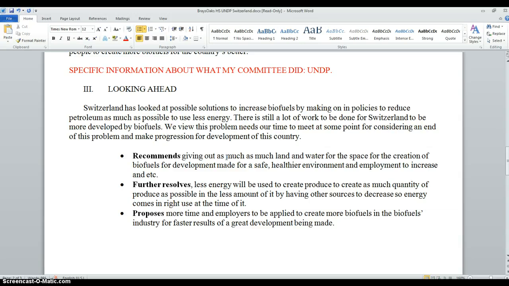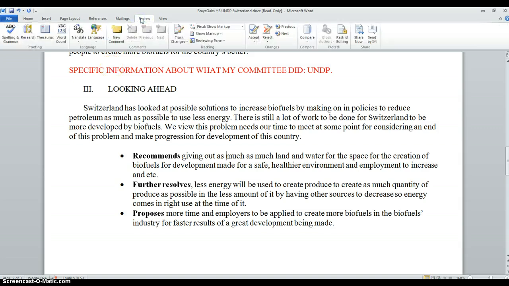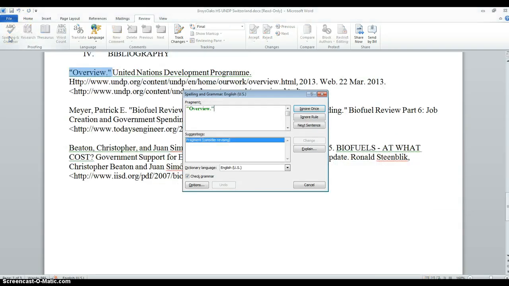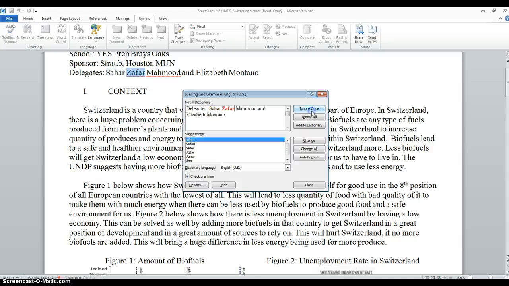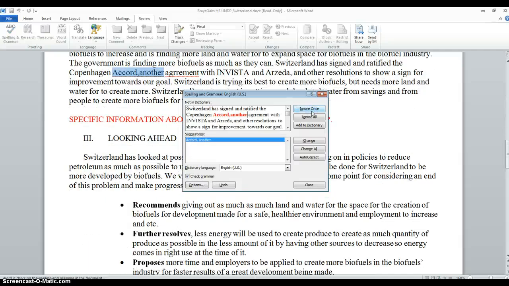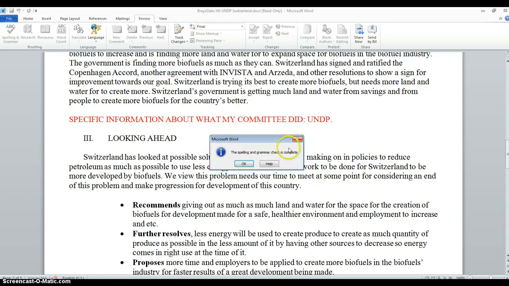When you have this, you are done with your paper, and all you need to do is check for spelling, read it aloud, and check for grammar. To check for grammar or spelling, you can click Review, and you can click Spelling and Grammar. There's going to be some problems, but we'll go with it. We're going to ignore anything in the bibliography because we'll come back to that later. The names, of course, the names. You see this, you can change because you can fix it, you can change it, and then you're good to